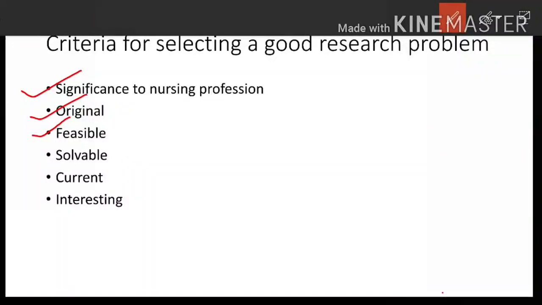Next, it should be feasible. Now this is very important. Please, I am marking a star over here. It is very important. Your research problem should be feasible. So feasibility is an essential consideration of any research project, and regardless of how significant or researchable a problem may be, the feasibility of the research problem in reference to time, availability of subjects, facilities, equipment, money, and ethical consideration should be checked, and it will help the researcher to decide whether the selected problem is appropriate or inappropriate and whether the study can actually be carried out or not.